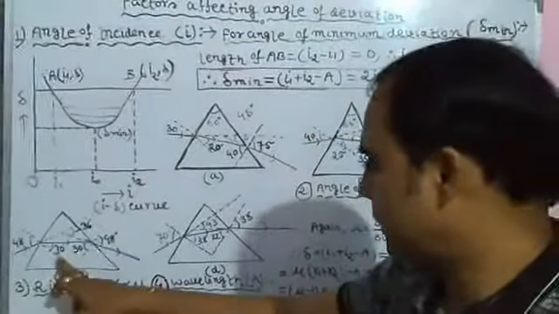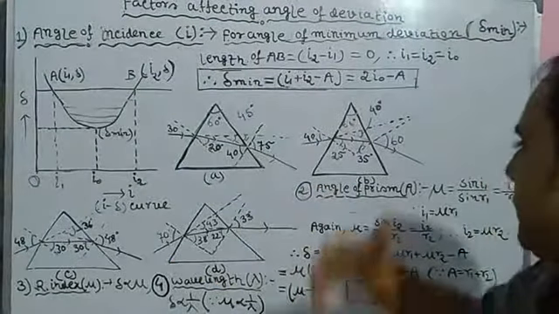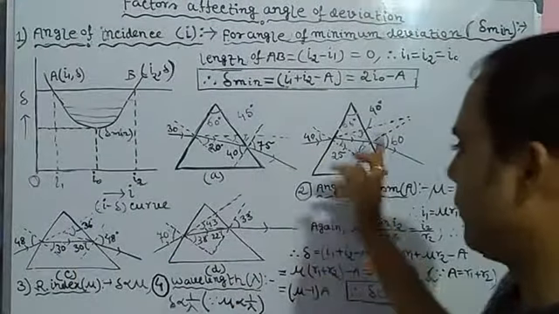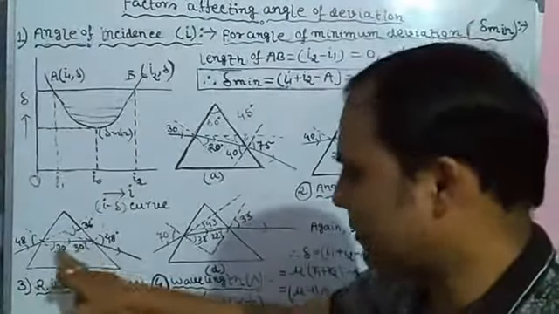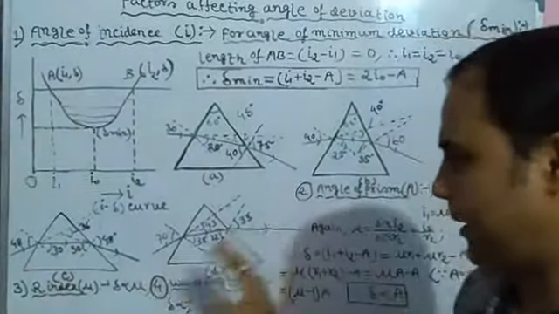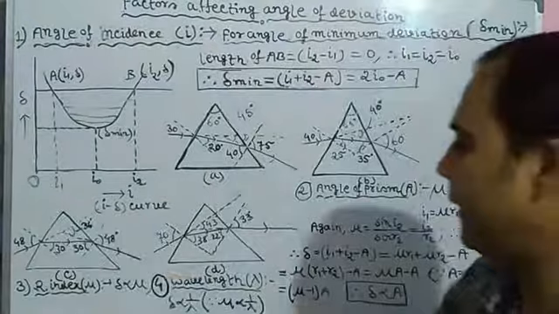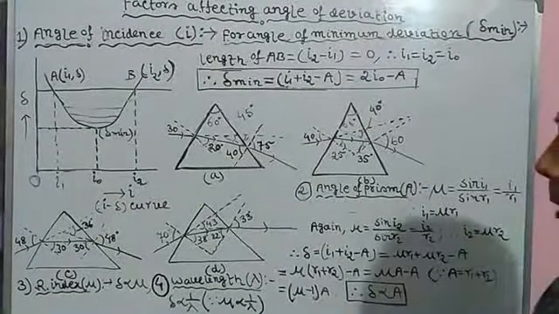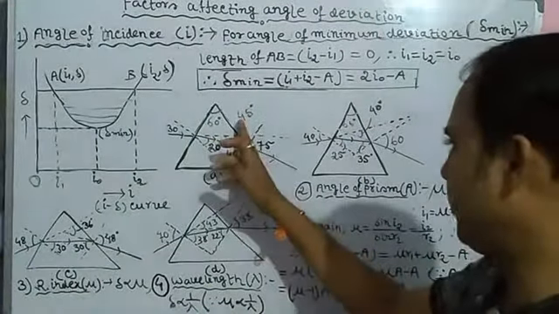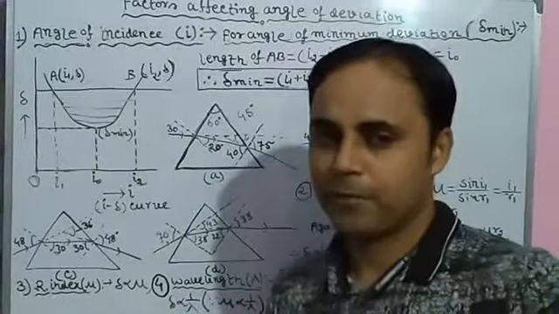Now R1 is equal to 30 degree, 25, it is increased by 5 degree again. Again R2 decreased by 5 degree. Okay. But now again 30 plus 30 is equal to 60 degree. Angle of emergence is 48 degree. Now it is 36 degree angle of deviation. Keep decreasing. 45, 40, 36.